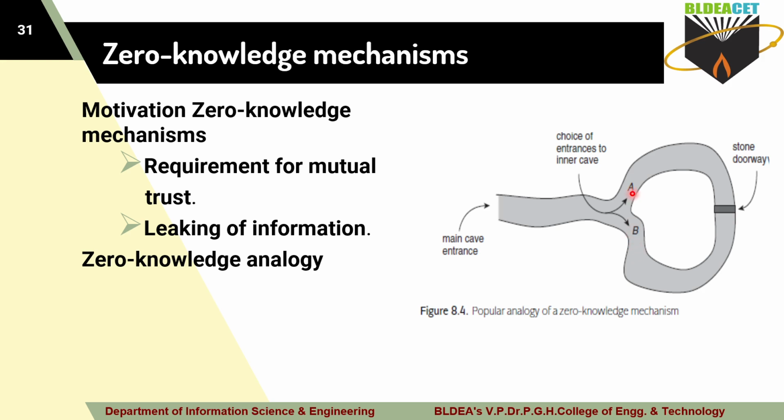So now this guide knows what the key phrase is that has to be used to open this particular door. In the same way, B also knows the key phrase to open the stone door here. So A and B are the two verifiers here. Though they know the key phrase, the key phrase used by A is not known by B, and the key phrase used by B is not known by A, okay.